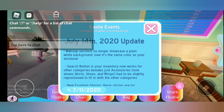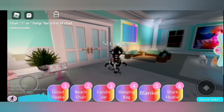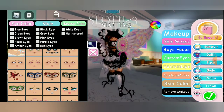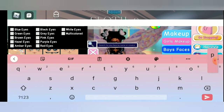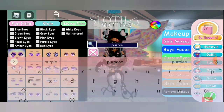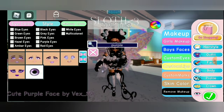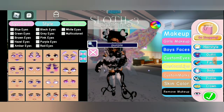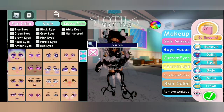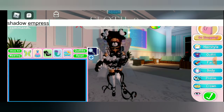Search button in your inventory now works for other categories besides just accessories, so it is in a slightly different place, but it still is there, so you can search for different faces. For example, how about purple? See, if I search for purple, it shows me a bunch of different purple faces. And so I can do that in faces. It also works